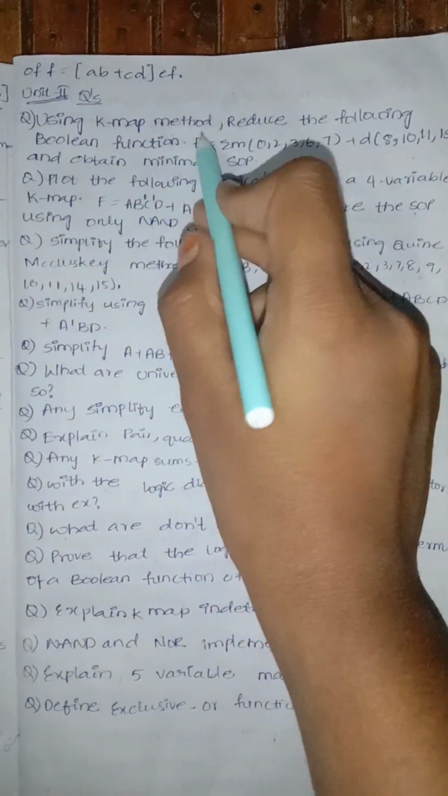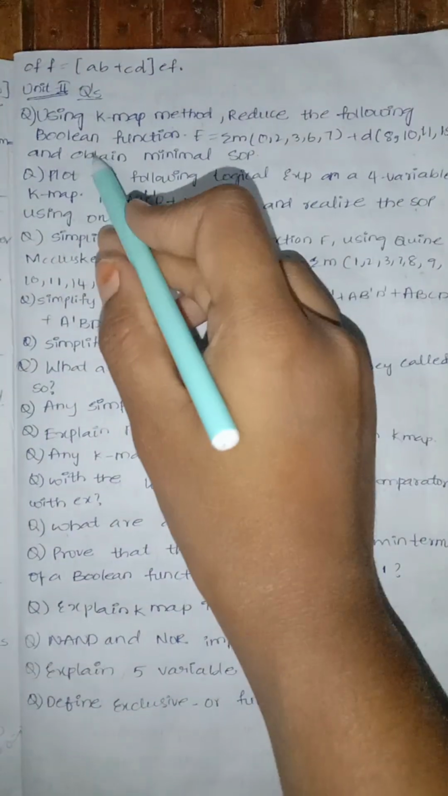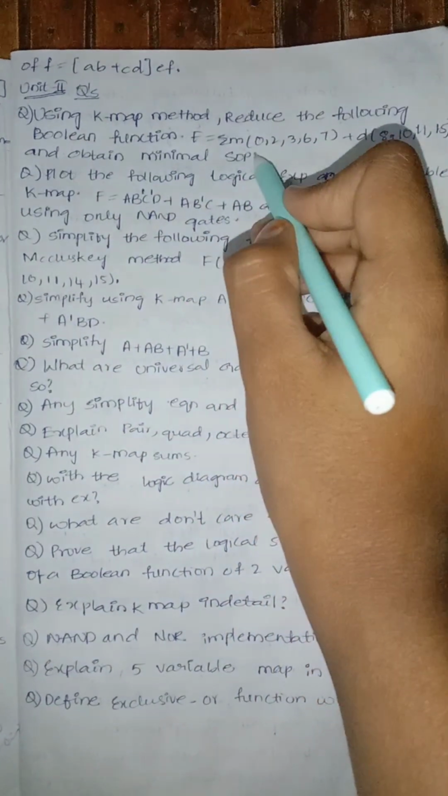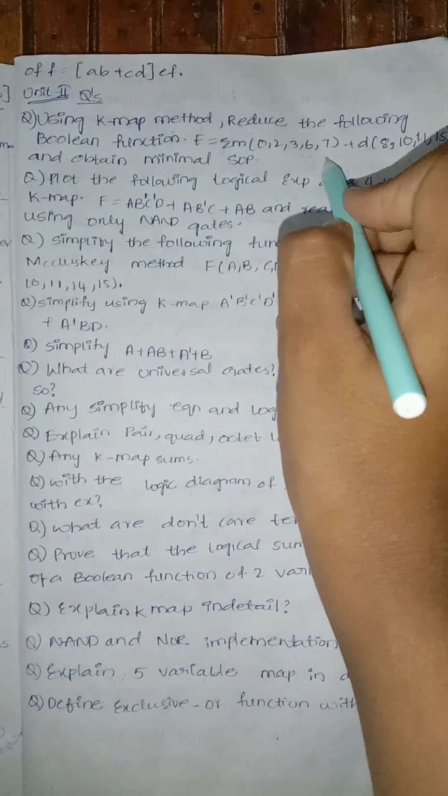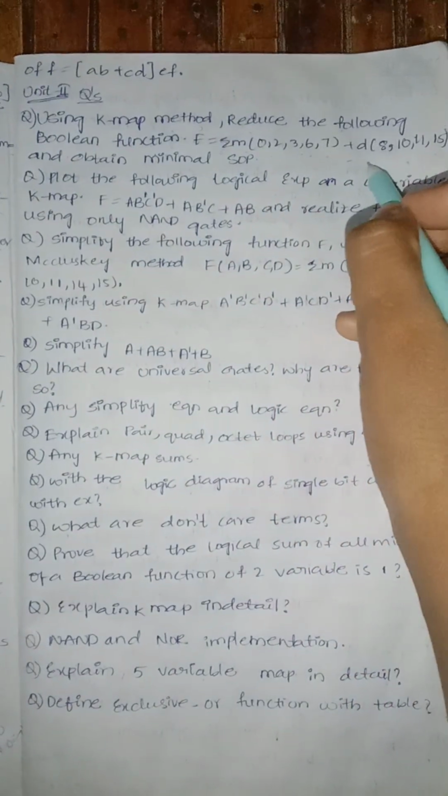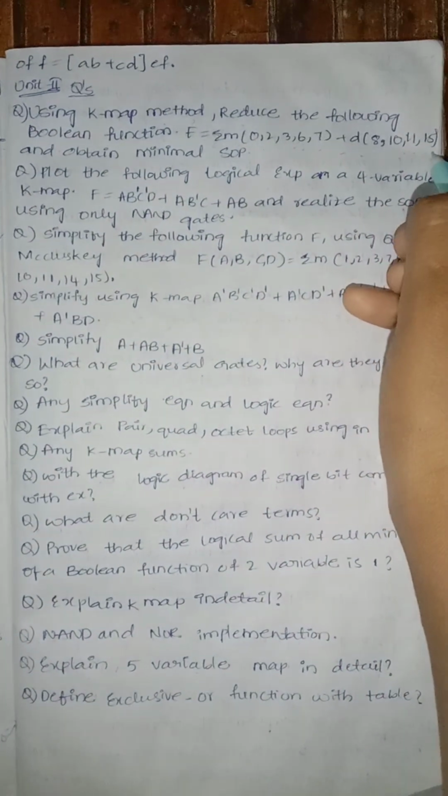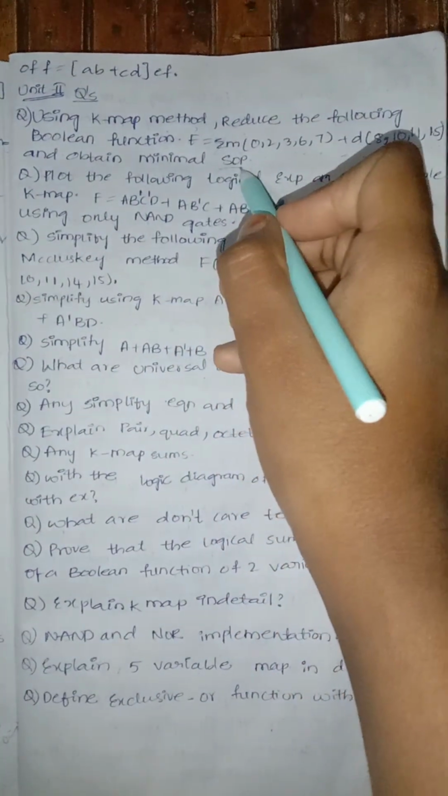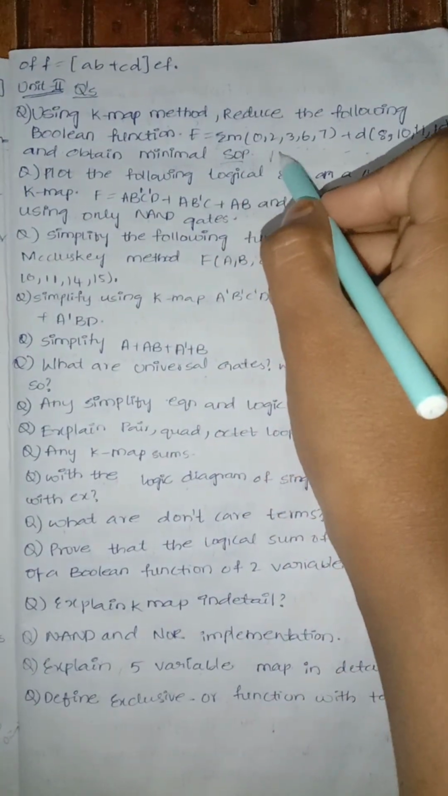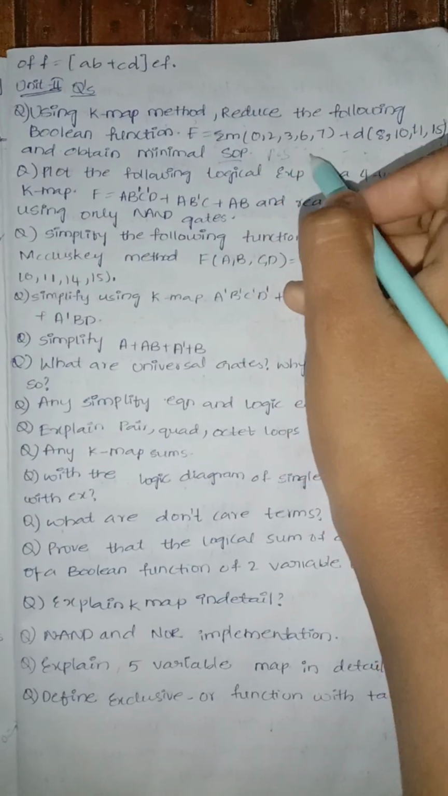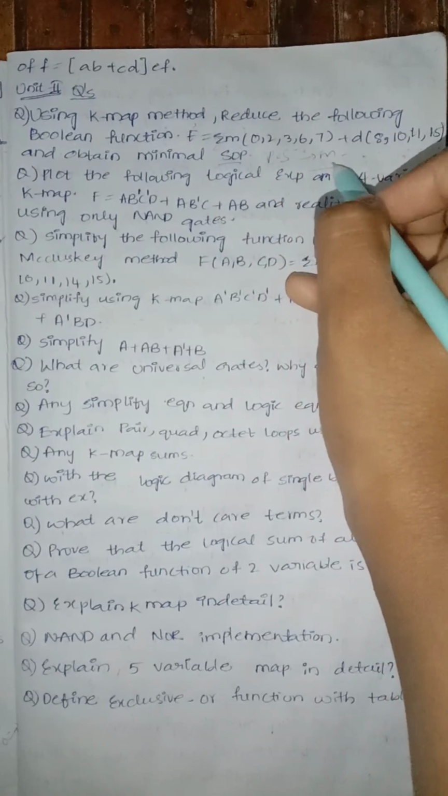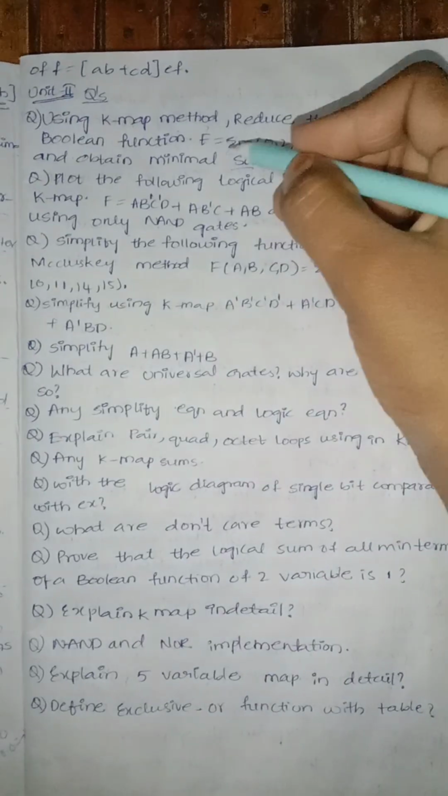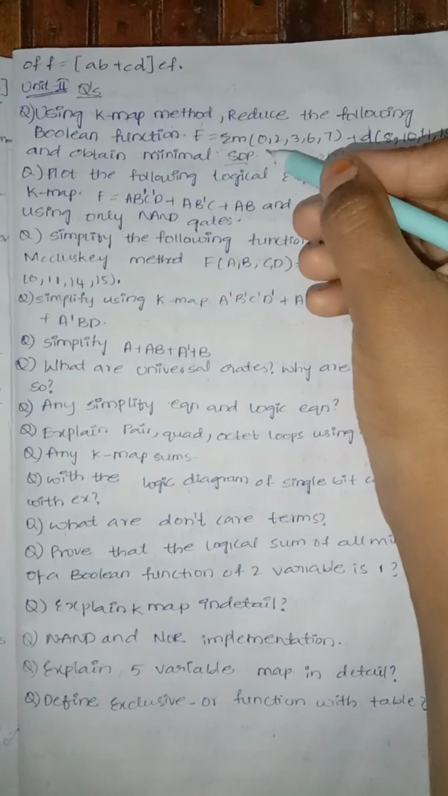Using the K-map method, reduce the following Boolean function f equals summation of m 0, 2, 3, 6, 7 plus d, the don't care conditions 8, 10, 11, 15, and obtain the minimal SOP, sum of products. Another concept is product of sums. For one concept we use small m, for the other we use capital M. This is the don't care condition. We need to do these inputs